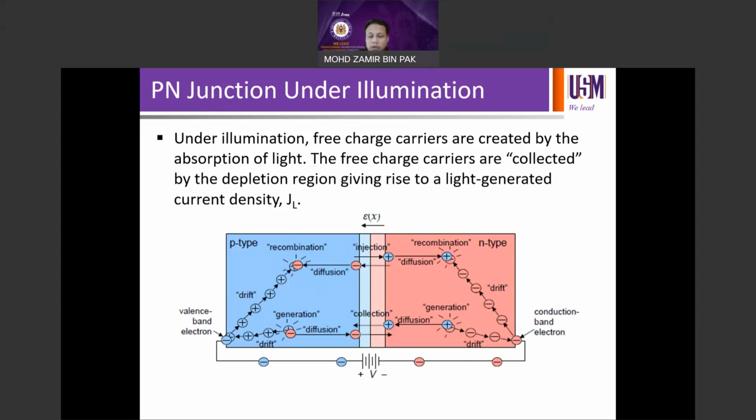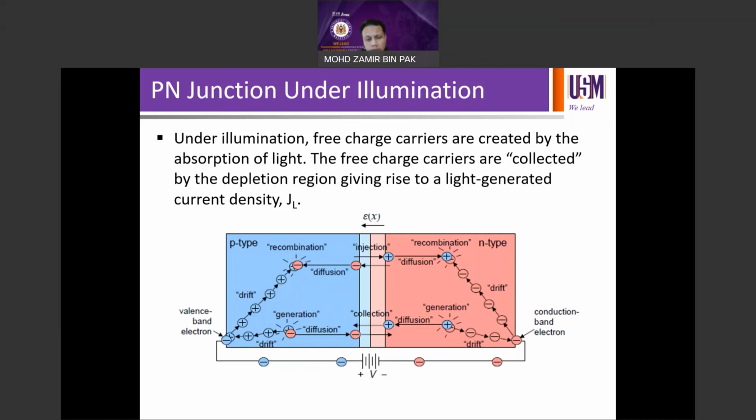However, if you're talking about 10 to the 19 for your majority, or your doping level, your minority will then be about 10 to the 1 if you go back to the law of mass action, right? N times P equals n_i squared. So your minority will just be around 10 to the 1. And of course, in this particular condition, 10 to the 12 will dominate 10 to the 1. And in this condition, the level of minority carrier will change because of the injection level,